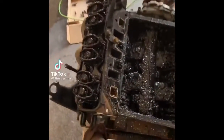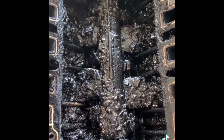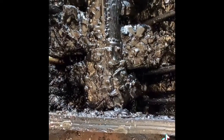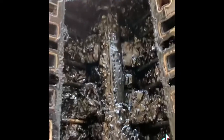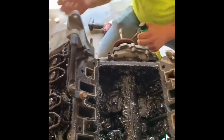So back to our motor that gummed up because of some random brand of engine oil. There you go. If you want your car to quit leaking, just run whatever that brand was that I asked you guys to guess. This is what it does. I mean, there's enough icing on that, you can make a cake. It looks like chocolate cake. Might be a shit cake, but...